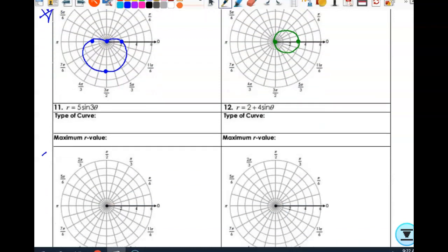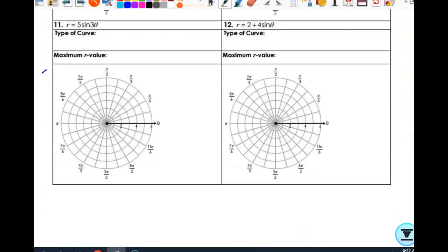So now let's look at 11. R equals 5 sine 3 theta. What is this? It's a rose. How many petals? 3. So this is a 3-petal rose. What is our maximum R value going to be? 5. Yes, it's 5. So we know that the roses are attached to the pole, so I can put a